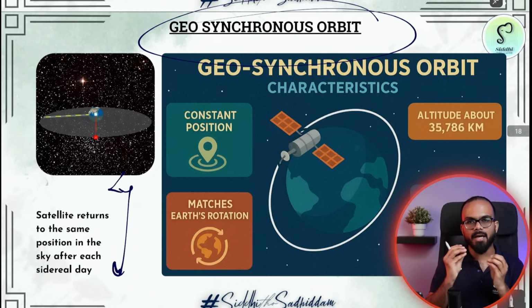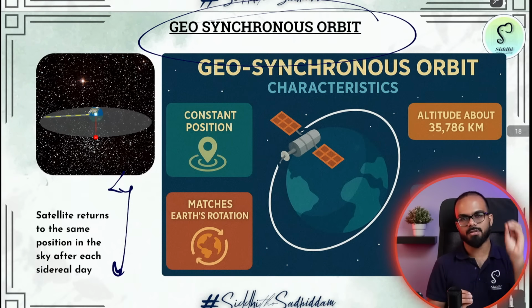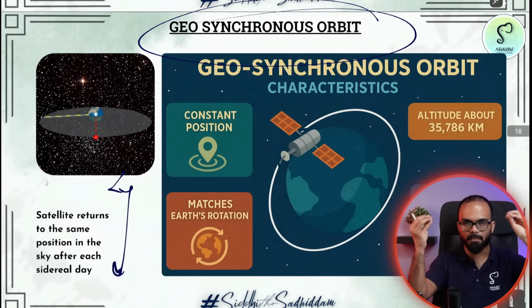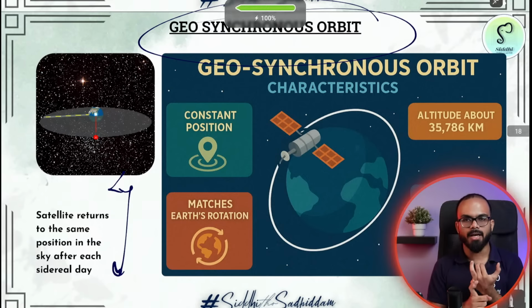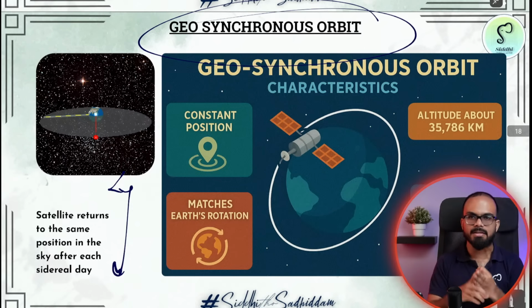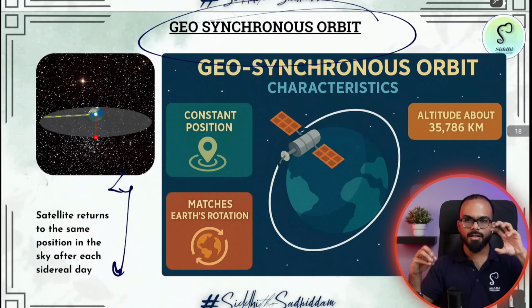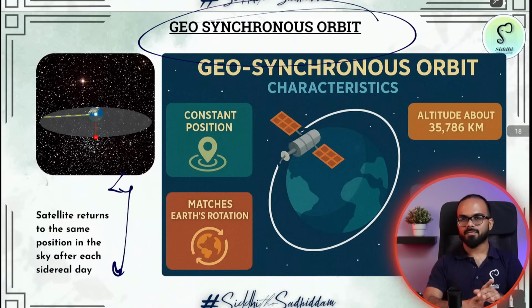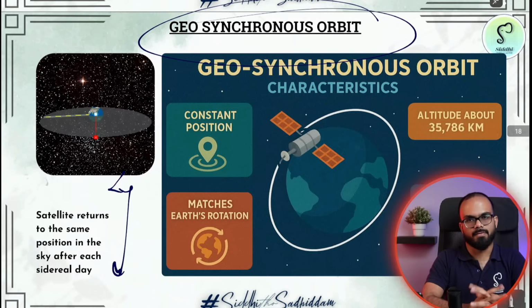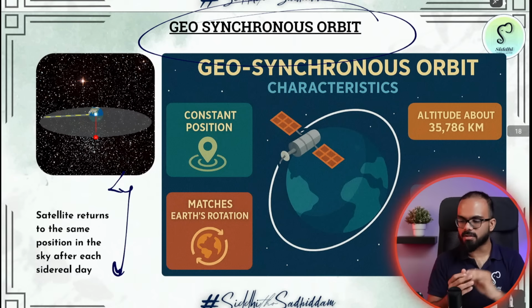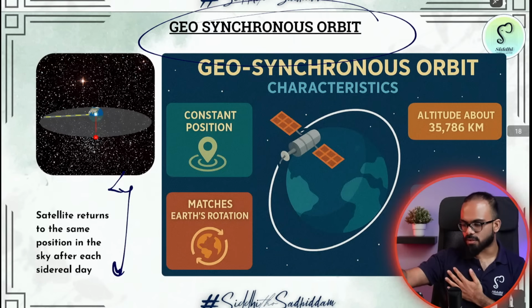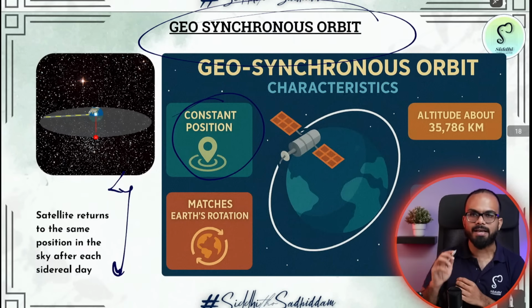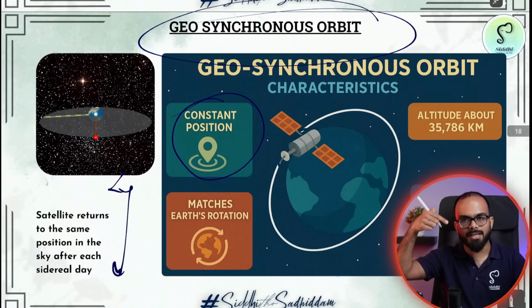Now tell me, where do we put our GPS system? Geostationary or geosynchronous? Where should we put our GPS kind of satellites? It could be IRNSS, it could be GPS, it could be GLONASS, whatever it is. Yes, GPS satellites use geosynchronous because you don't need light. Yes, geosynchronous orbits are used for GPS satellites, but India's IRNSS uses a mix of geostationary and geosynchronous.